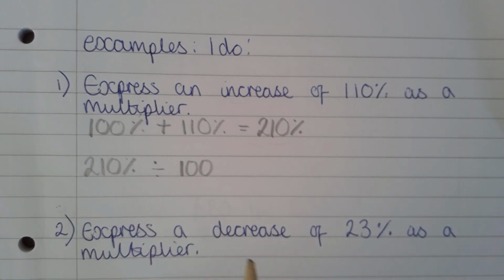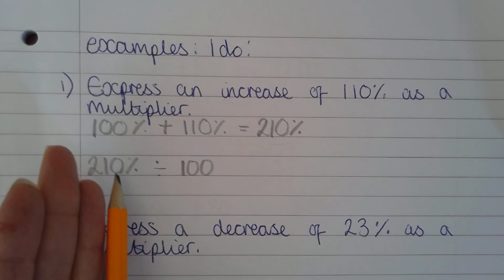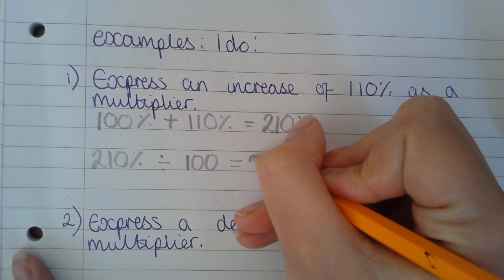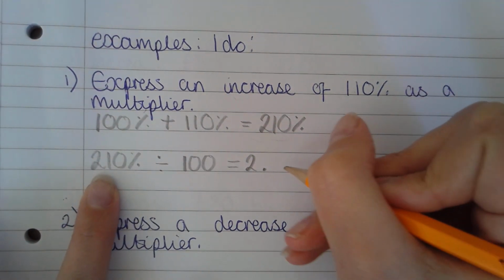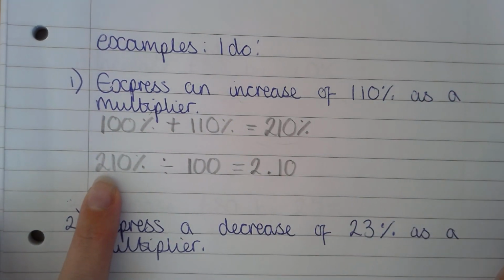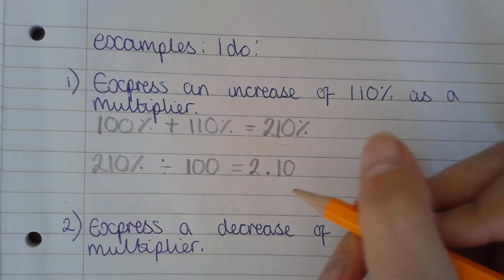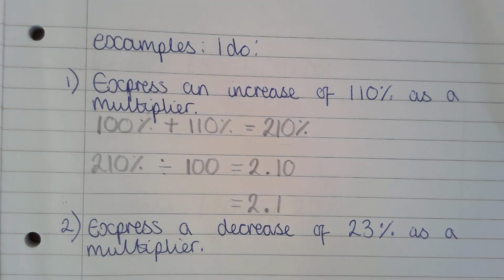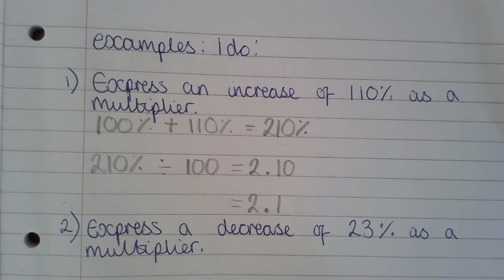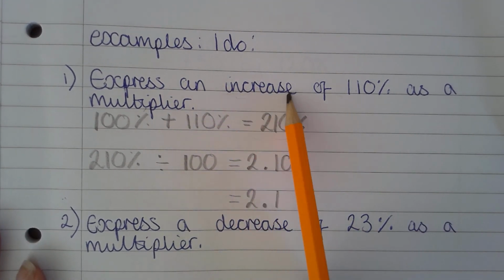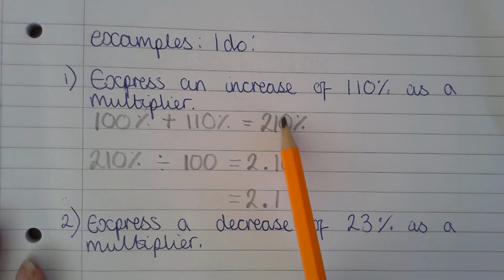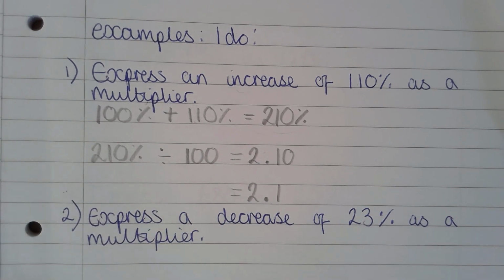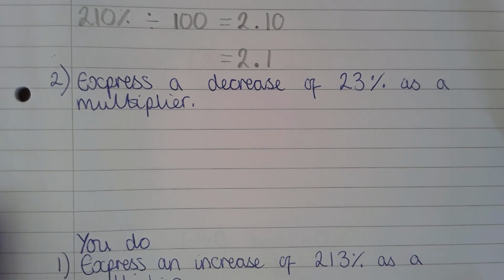So 210, if I move all of those numbers 2 places, I end up with, you can use a calculator if you need to, but we shouldn't need to, 2.10. I don't really need that 0 on the end, so my multiplier is 2.1. So that's how we find a multiplier. As you can see, I've done my increase of the percentage first, and then I've just divided by 100 to get my multiplier. So here, express a decrease